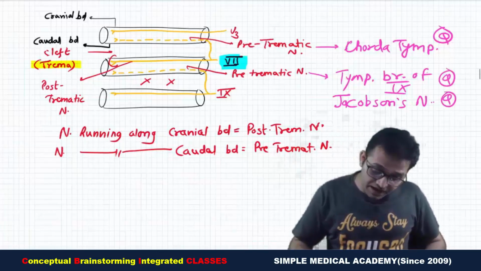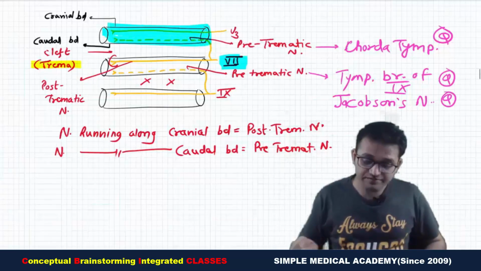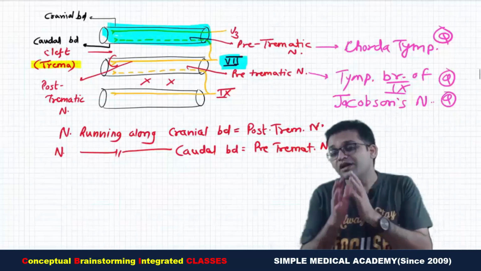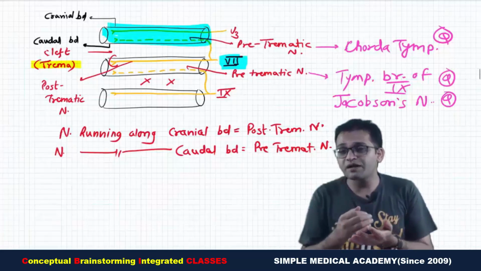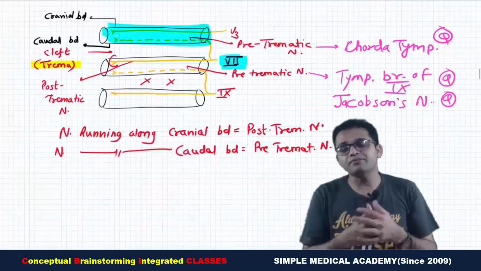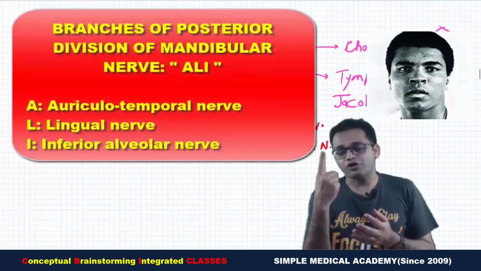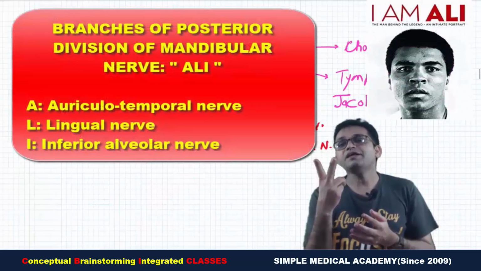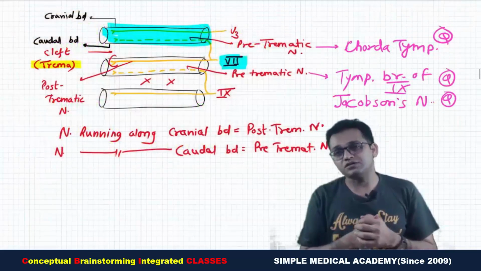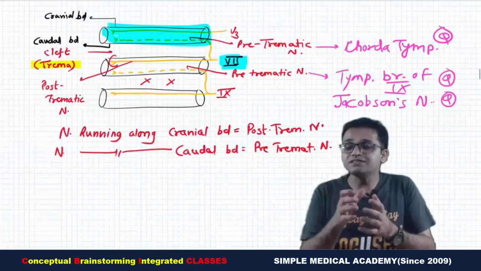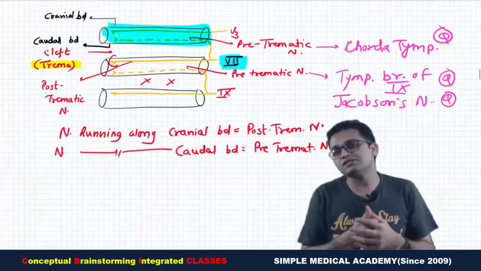Now just apply this knowledge to the development of the tongue. Do you remember? The anterior two-thirds of the tongue develops from the first arch. So definitely it should be supplied by the nerve of the first arch, that is the mandibular nerve. The mandibular nerve has three branches: the auriculotemporal nerve, the lingual nerve and the inferior alveolar nerve, in which the lingual nerve runs towards the tongue. So the anterior two-thirds of the tongue is supplied by the lingual nerve. Later we will see it is the general sensory nerve.